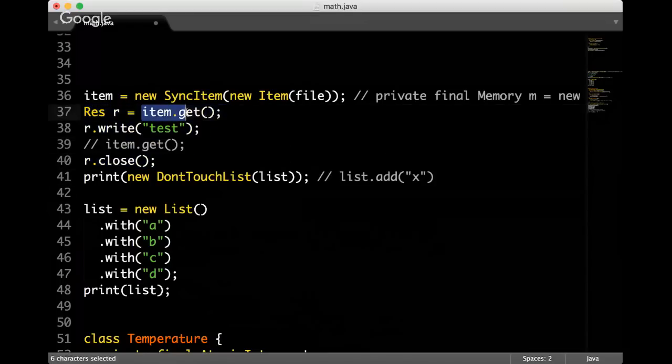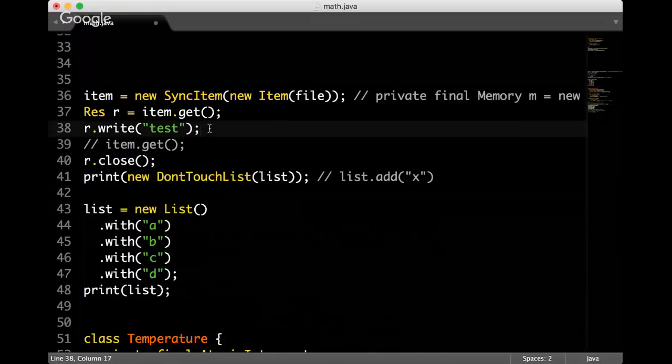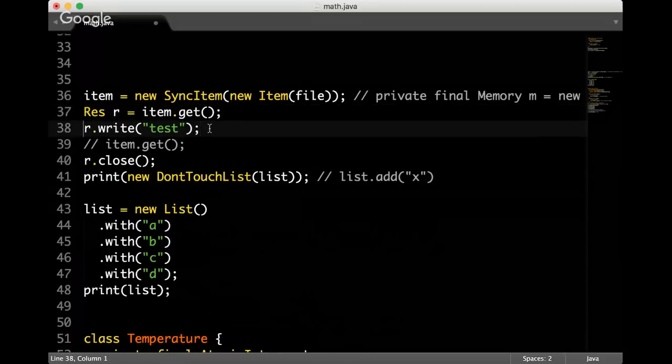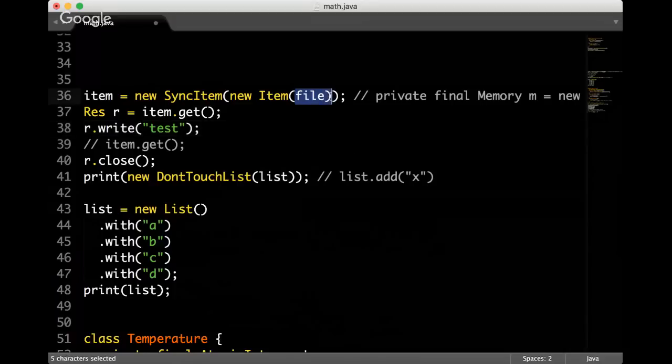That's why I created the synchronized item. When I call get, the synchronized item understands what's going on, puts the lock into the semaphore, like locks the resource. And when I call close, it returns the resource and removes the semaphore. And then multiple threads can work at the same time with the same item, with the same file. They're all in parallel. They get access to the file and return the access back. It's still immutable because I still point to the same file.